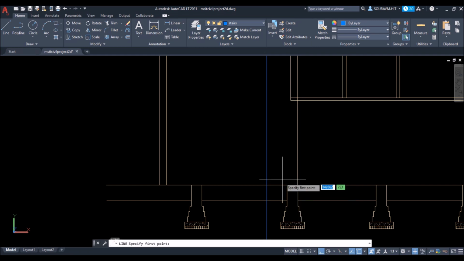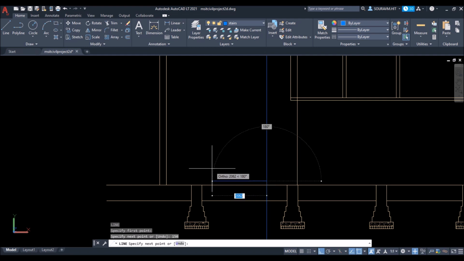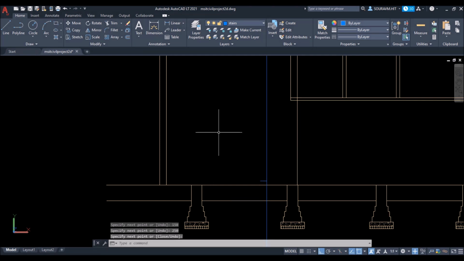So type L and press enter. Click at this snap. Move upwards. Type 150 and press enter. Move towards left. Type 250 and press enter. Right click to exit. Then just erase the construction line.